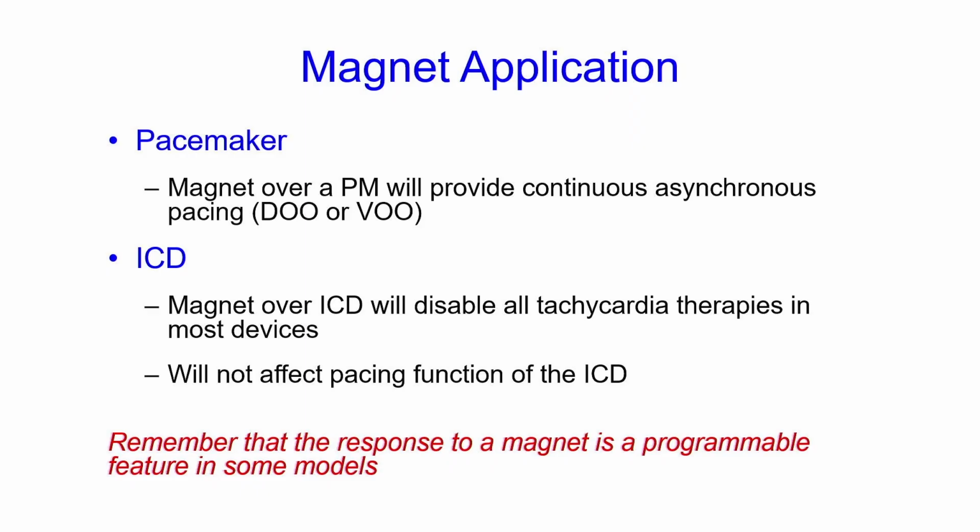Now, how do we do that? There are really two ways to do it. One is with a magnet application, where you actually put a magnet over the device. So when you place a magnet over a pacemaker, it will convert it to an asynchronous pacing mode, as long as the magnet is sitting on the device. And you can take it on and off and alter that. So as long as the magnet is sitting on the pacemaker, it will pace asynchronously. When you put a magnet over a defibrillator, it disables the shocking capability of the defibrillator,